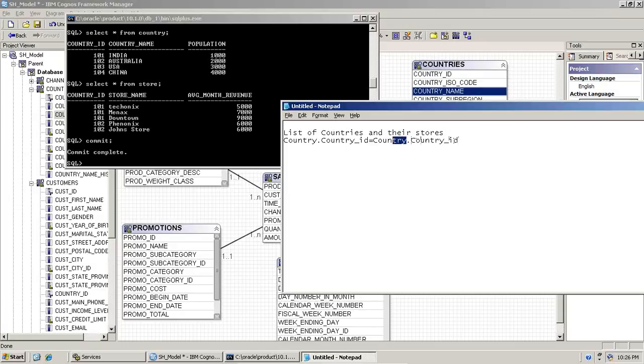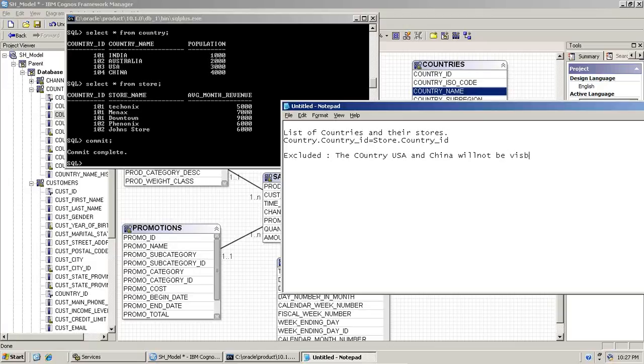By applying an equi join, the only information I can capture is the list of countries and their stores. It will display only those countries where stores exist. The information would be excluded in this example. If I apply an equi join, the countries USA and China will not be visible in my list,